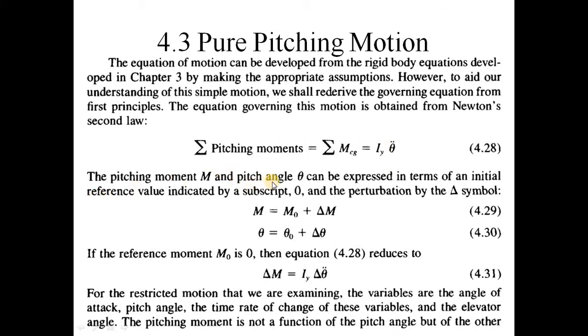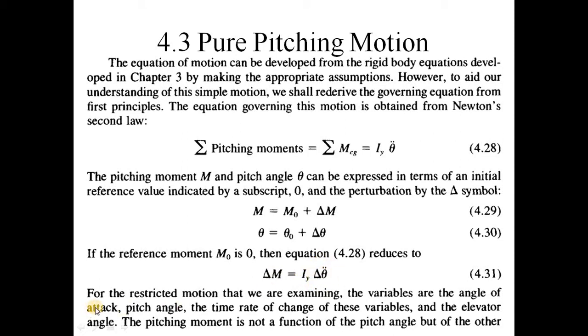The pitching moment M and the pitch angle theta can be expressed in terms of an initial reference value, indicated by subscript naught, and the perturbation, indicated by the symbol delta. So the moment is equal to the initial moment plus the perturbation moment, and similarly for the angle. If the reference moment M naught is 0, then the summation of moment will simply be the perturbation only. So the change of moment is equal to Iy times the change in angular